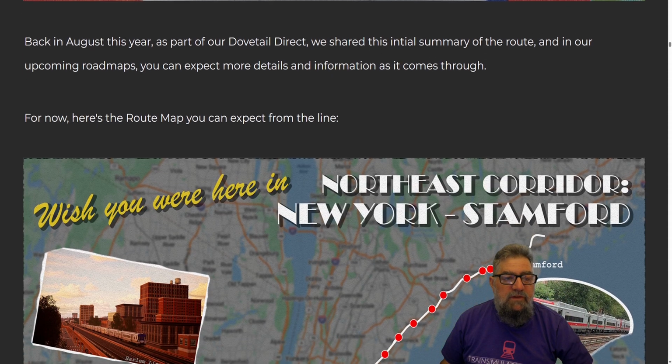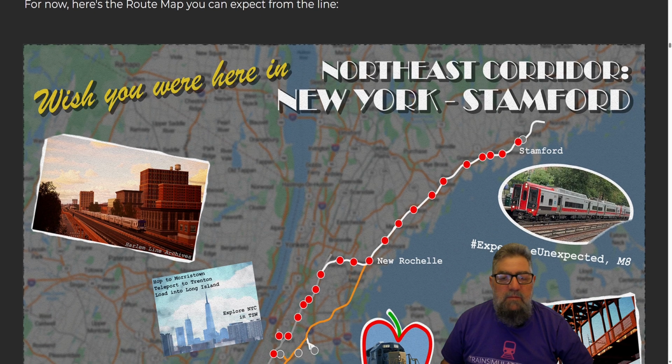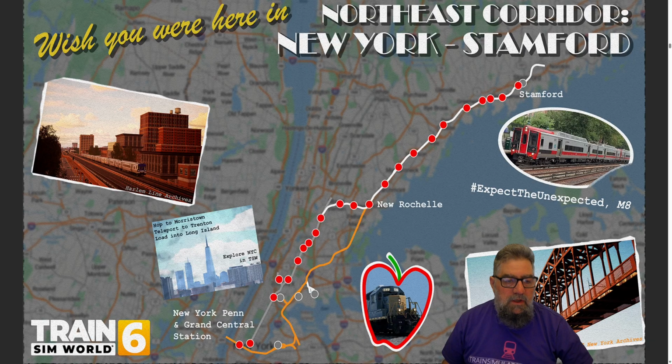Back in August this year, as part of the Direct, we shared the initial summary of the route, and in our upcoming roadmaps you can expect more details and information as it comes through. For now, here's the route map that you can expect from the line, which runs from New York through New Rochelle and Stamford. Those of you who have been here before, in the somewhat distant past, might in fact recognize that this actually is the ancient Northeast Corridor route. To some extent, kinda,